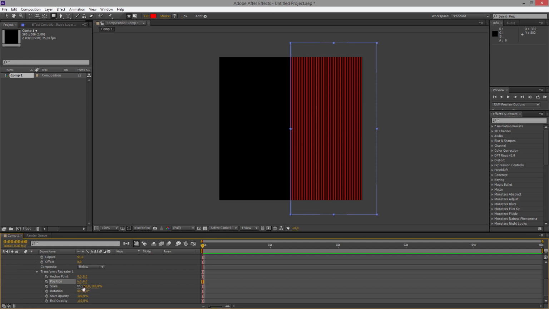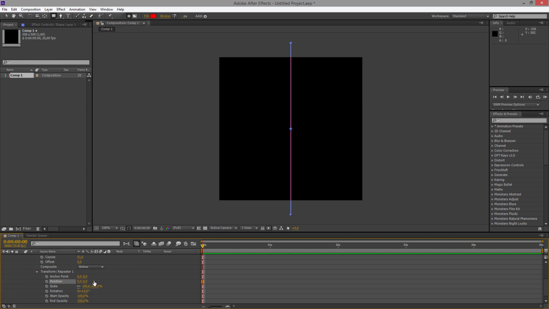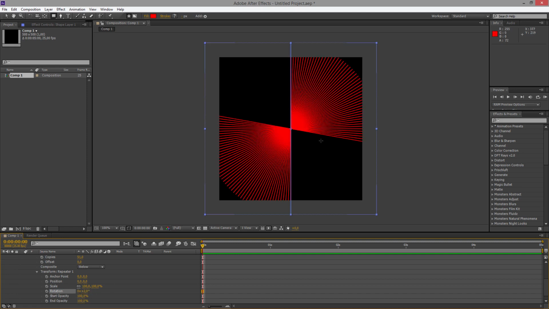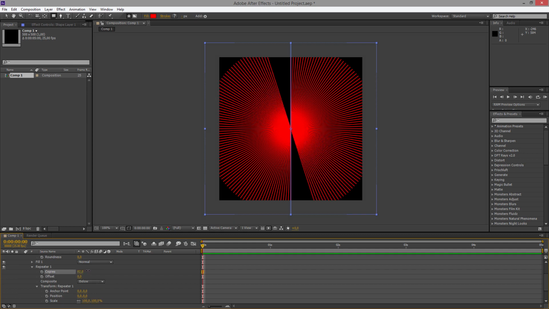We don't want spacing here, so in position I put it to 0. So now all my clones are here in the middle, and we can add rotation, maybe 2 degrees, and you see we got that. Just adjust the number of clones of copy. We got 50. If I increase up, it's okay.